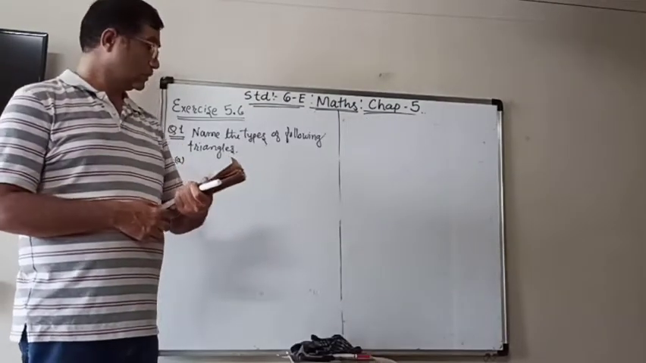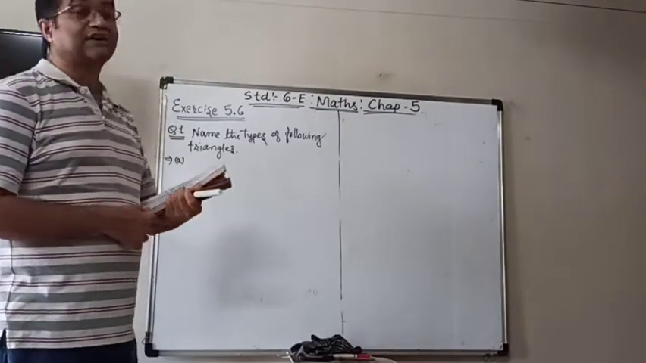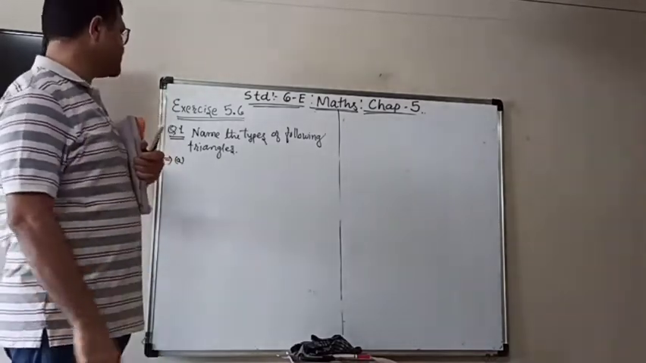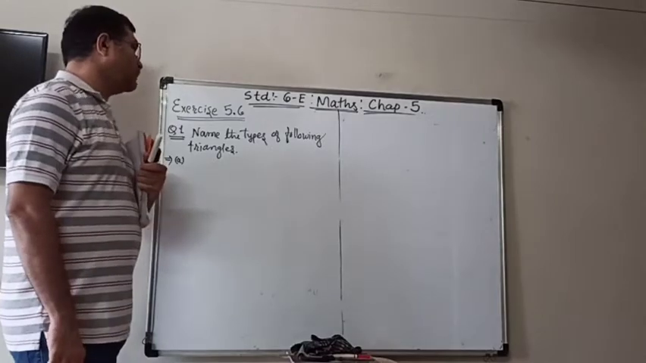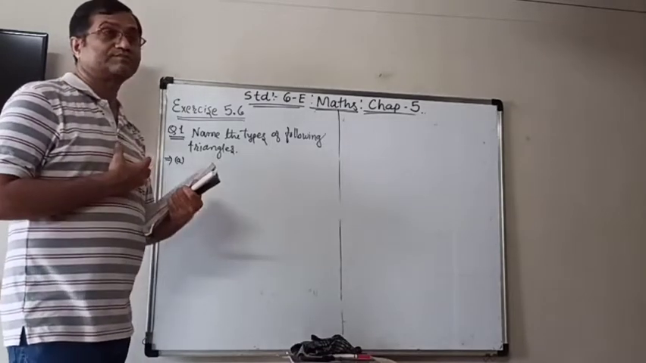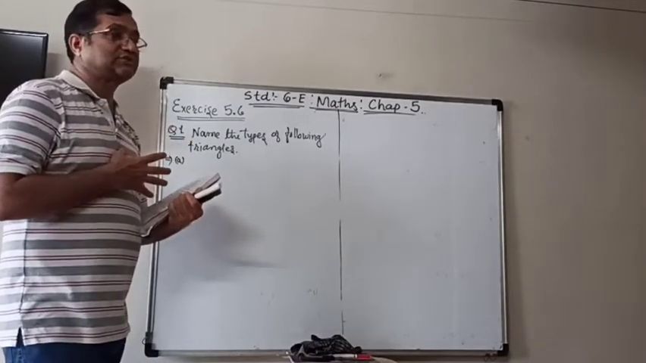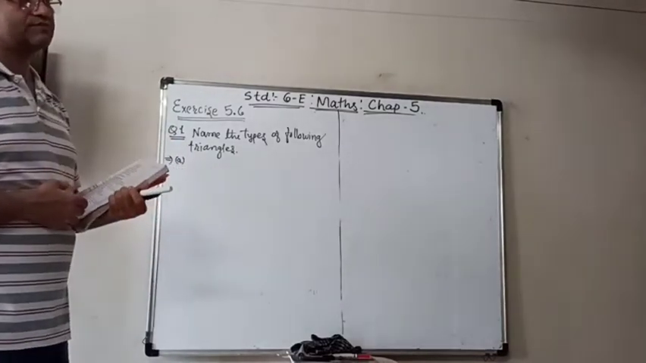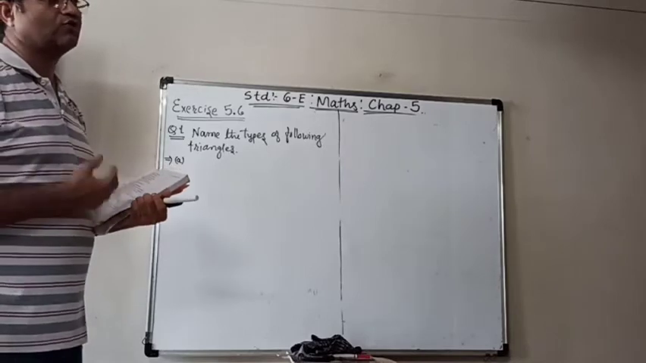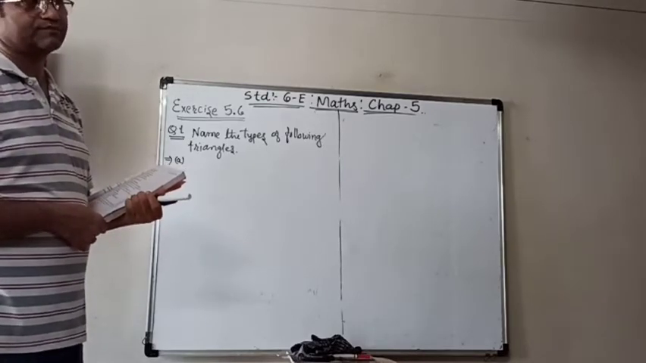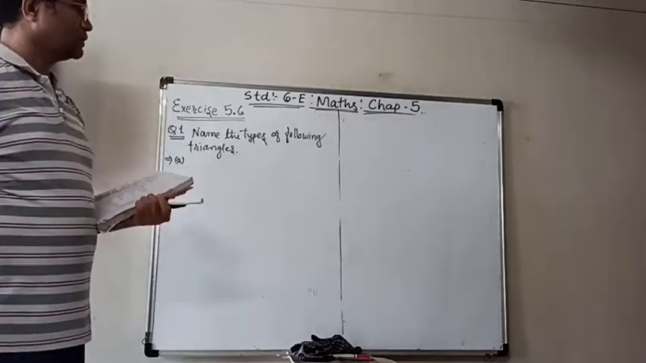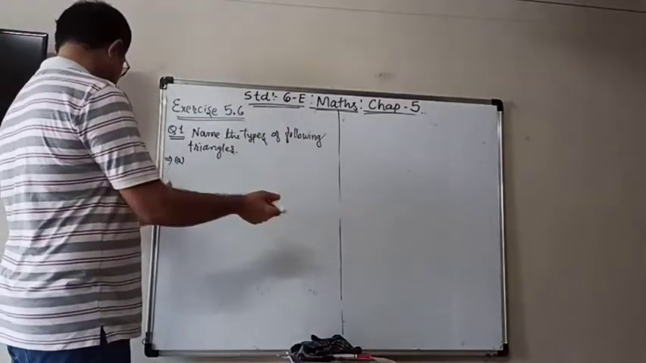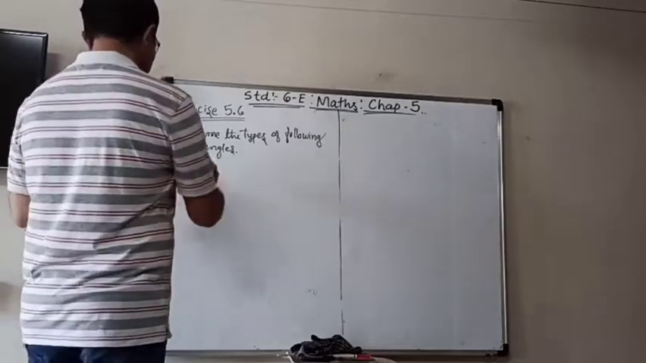Now we will start exercise 5.6. Question number 1 says, name the types of the following triangles. It means that some measures or some relations are given, and according to that we have to find out which type of triangle it is according to the theory we learned previously. So a triangle